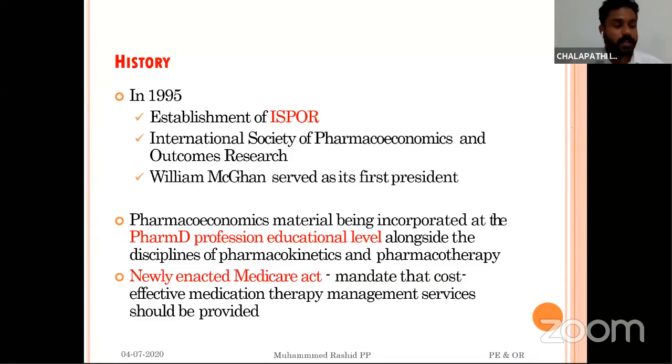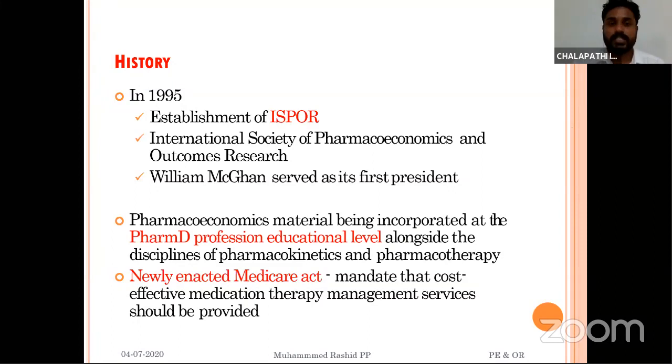I think that is one of the biggest societies, or biggest organizations, in the field of health, which was established in 1995, and the same William McGann was the first president of the ISPOR chapters. And now, from the professional educational level, the disciplines of pharmacokinetics, pharmacodynamics, and pharmacoeconomics are also included in the PharmD syllabus as well as the MPharm syllabus, or what we say, the pharmacoeconomics aspects came